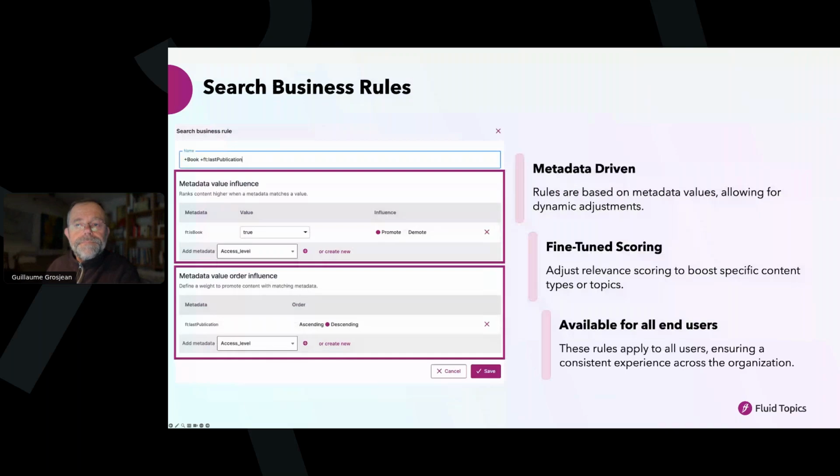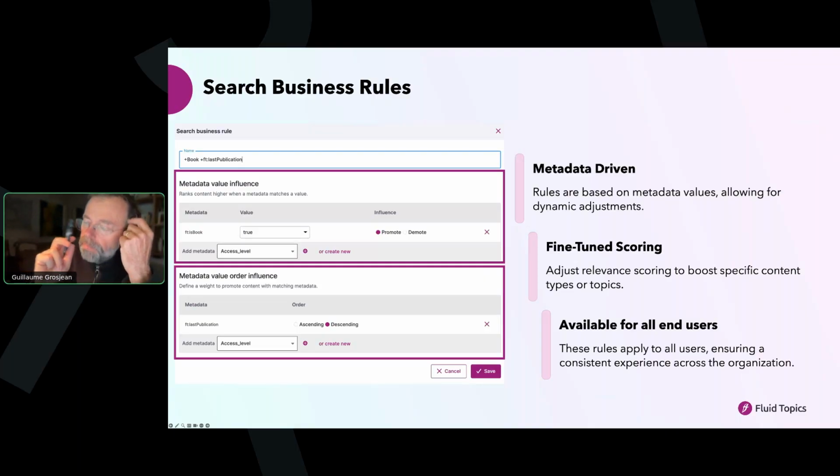Let's dig now into the search business rules. To make the search results more relevant to a role, specific documentation, or specific use cases that are linked to your documentation, you can use the search business rules. The search business rules are defined in the admin screen, where you will be able to promote or demote some results. It's not based on the keyword that the end user is searching, but the idea is to be able to say,